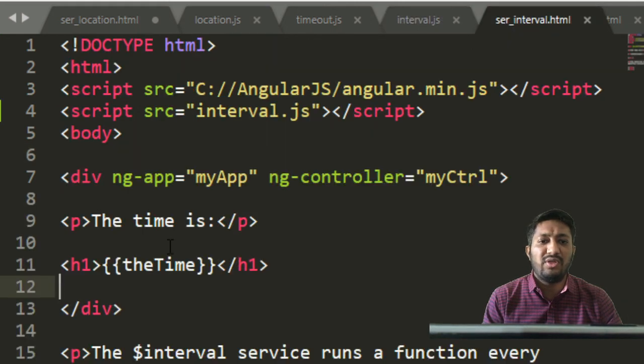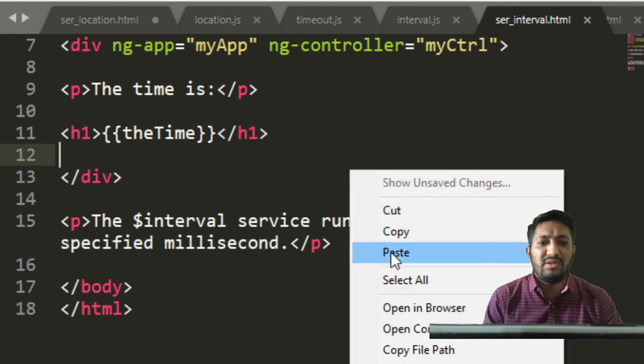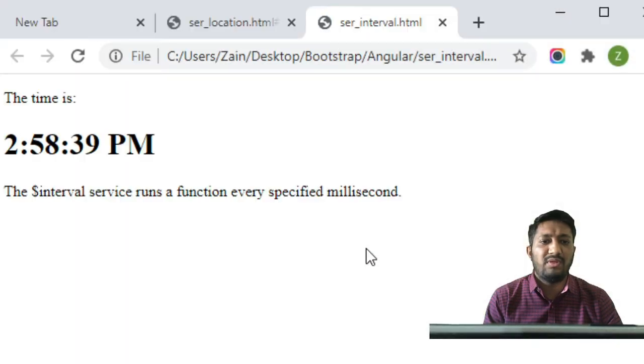So let's see the code here. In this HTML page we are using first Angular, then interval.js. In my application, I'm just printing the time. Now let's run the code. Yes, you can see the time is updated here to 58, 47, 48, 49, 50.